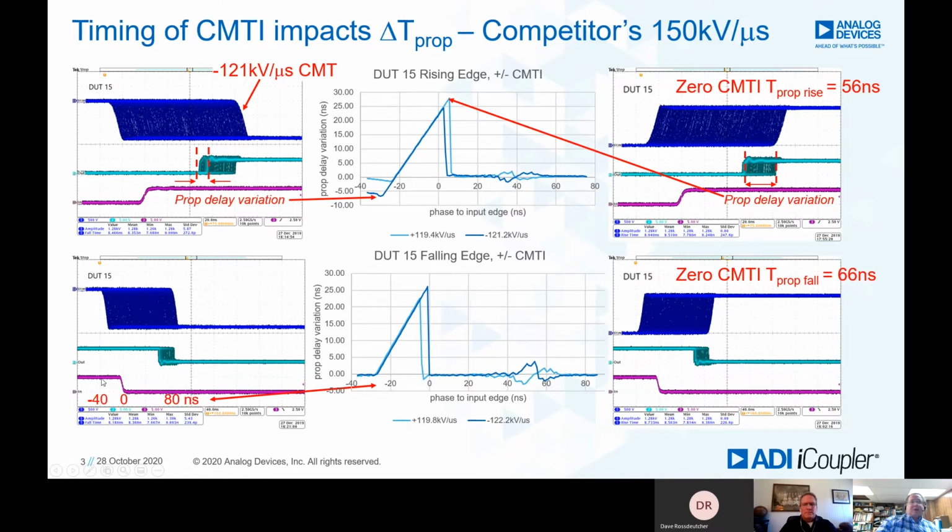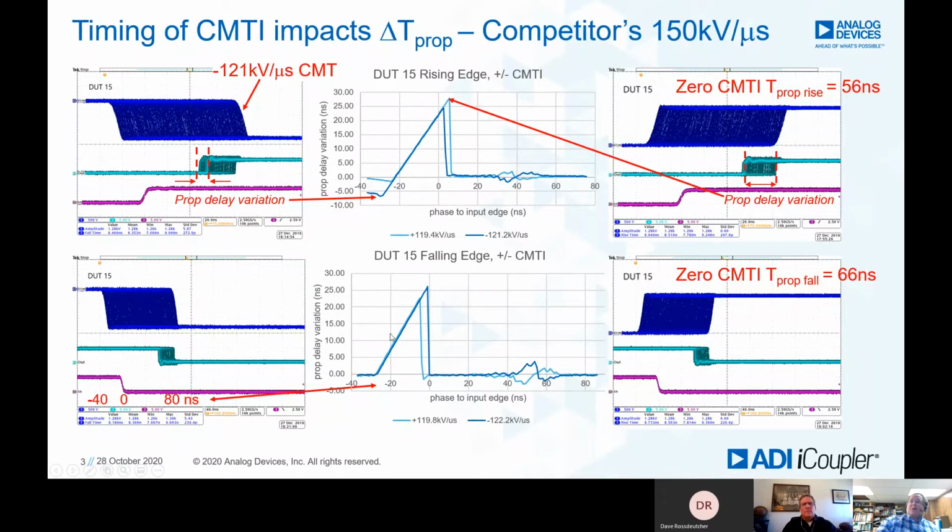Here, the time scale for the phase is relative to the input edge, which is right here. You can see we're stepping through from minus 40 nanoseconds to 80 nanoseconds after the transition. As you apply transients at different times, there's a different impact on the timing.